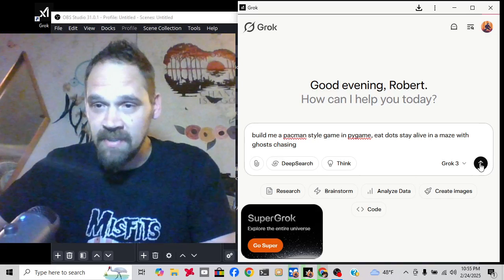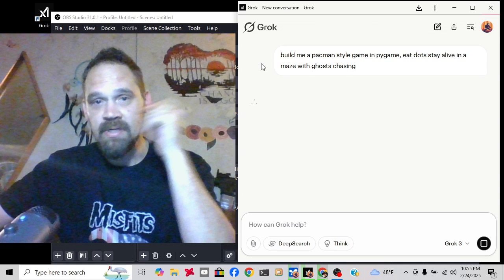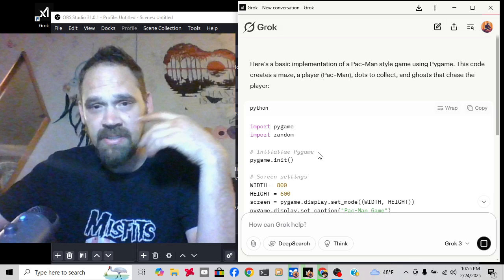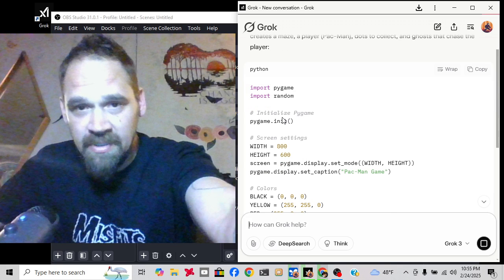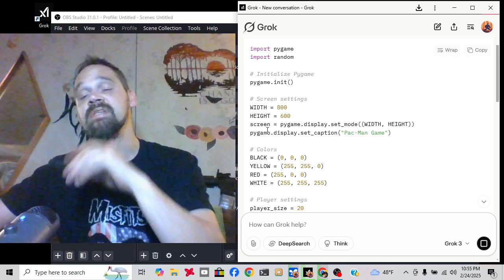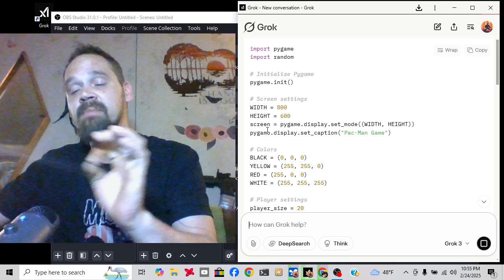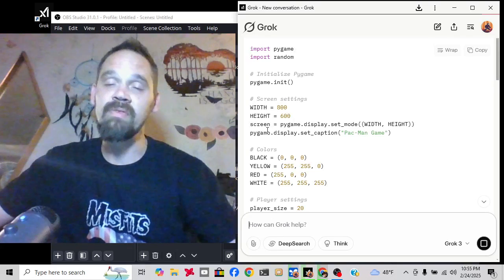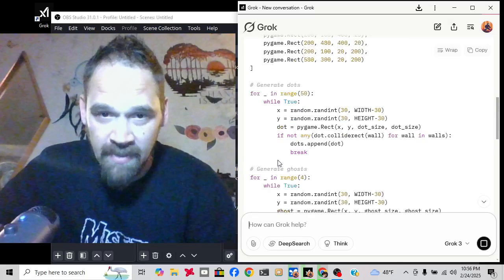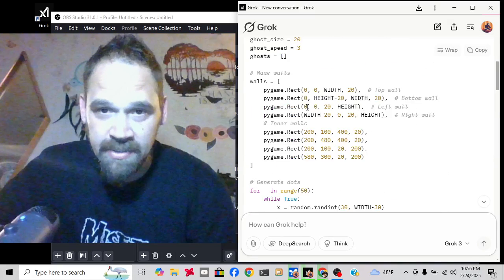But let's run this. It'll think for a second, and it'll say here's some basic implementation. It gives you the import, all that, where you're going to have to do it. You can even say explain it to me as a beginner step by step, so that way you can run through it and it'll walk you through it. But it'll give you all the code right there. So what you're going to do is you're going to copy it.